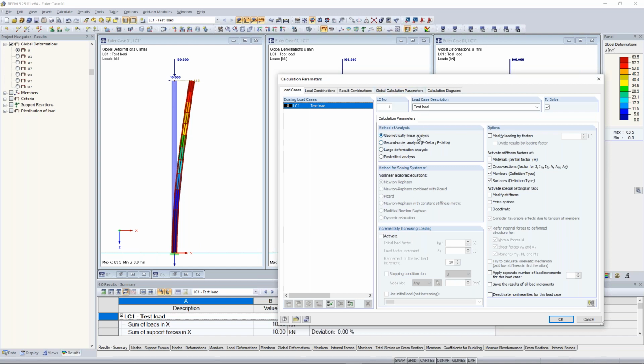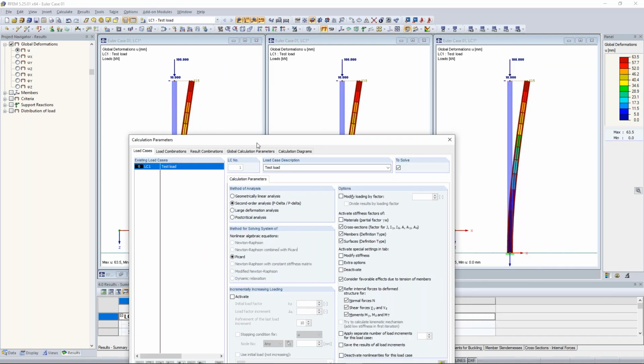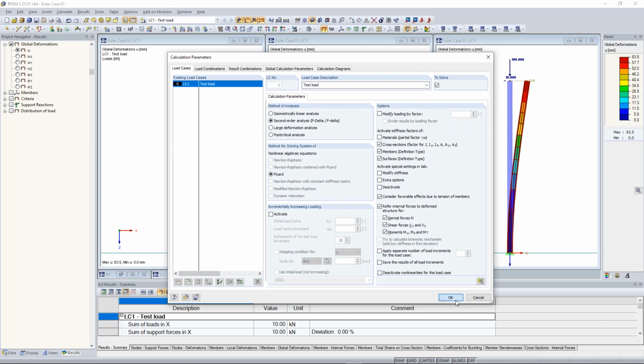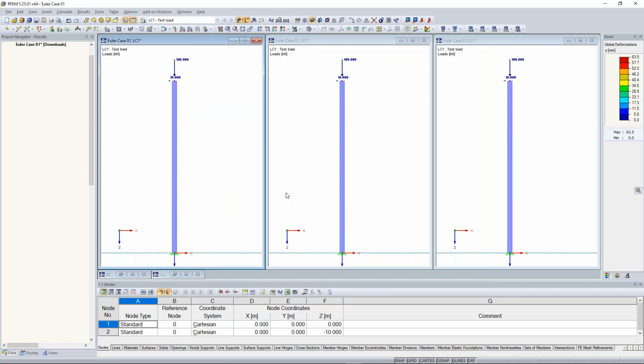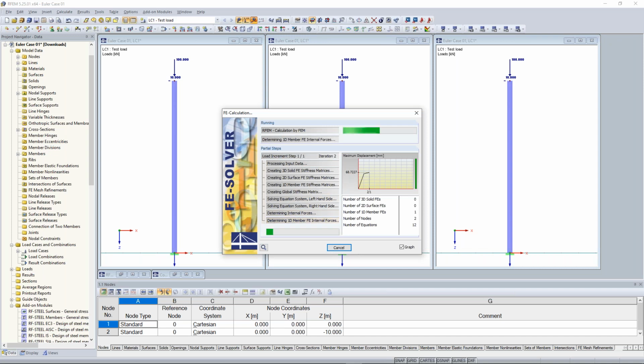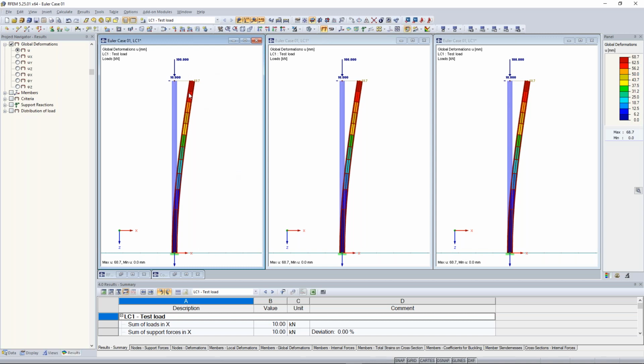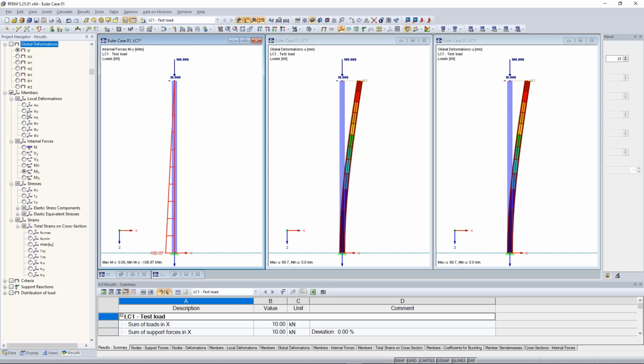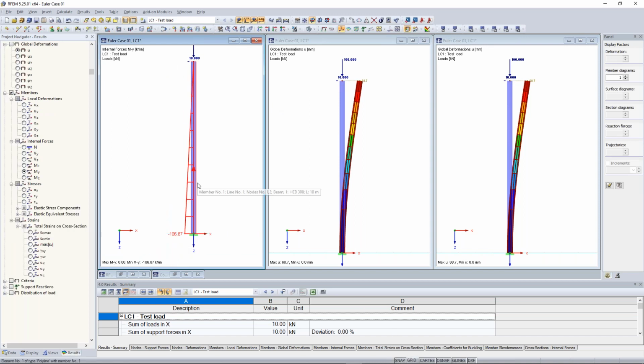I think especially the American guys know this as P-delta. I click here on second order and I calculate it. So let's calculate it. And maybe you also see here the deformation. They are a little bit different, but this is not the main point. I take a look at the bending moment, especially at the bottom. There we have